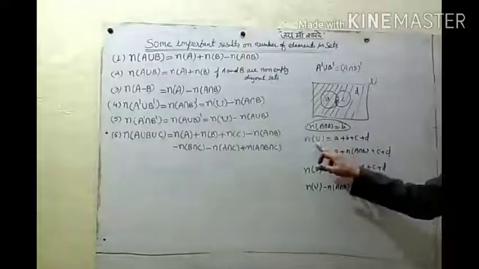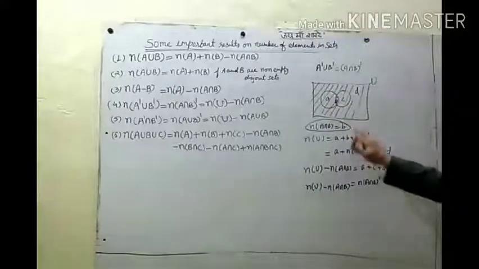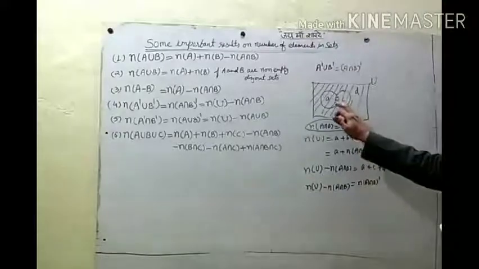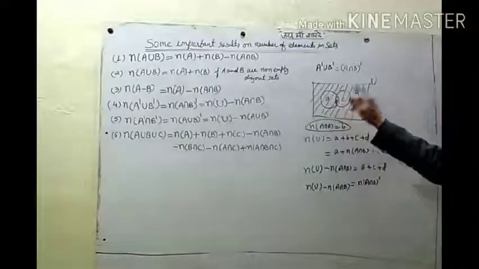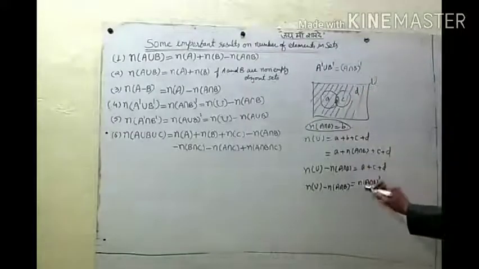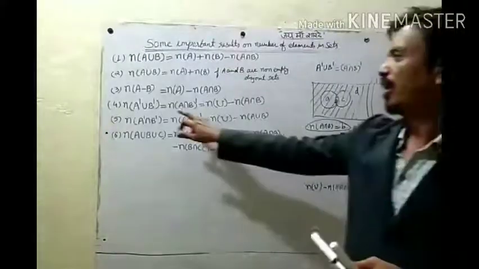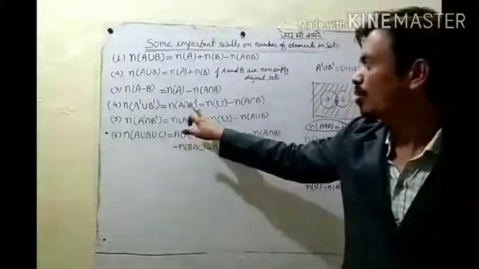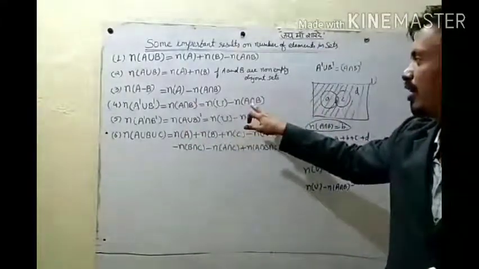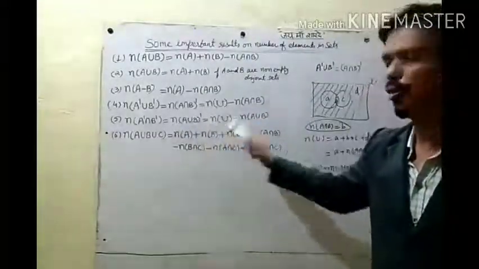Total elements in U are A plus B plus C plus D. This is the complete A, B, C and D. Now B we can write as the elements in A intersection B, and other than this B, all the elements are in the complement of A intersection B. So A plus C plus D is the complement of A intersection B. So the elements in the complement of A intersection B will be the total elements in U minus the intersection elements, which will be your answer. The same way you can prove this fifth property.